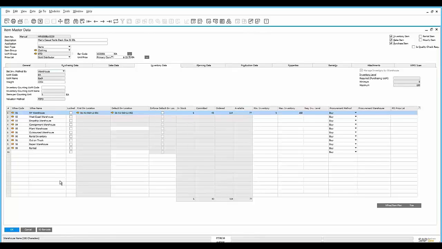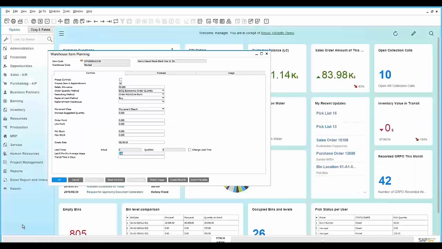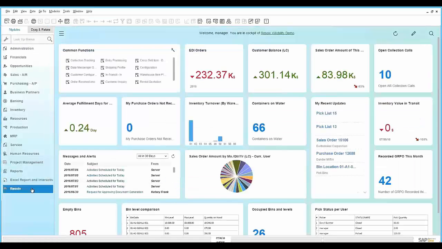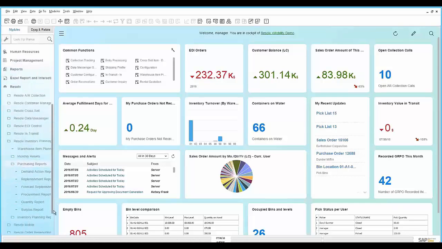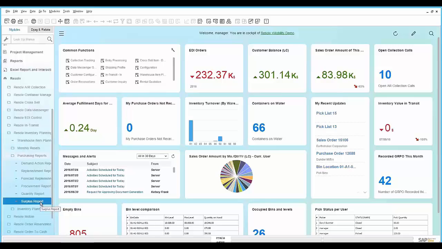Once you've established your replenishment rules for the items, there's a few key features that your customers will utilize. One, your surplus stock is your overstock. We can look at our procurement and our forecasting report, but with only a few minutes left and we're running a little bit late on our time here, I'm going to focus in on 2 key reports which really support the Gordon Graham model, and these are reports that he's designed, if you will, as far as what he wants